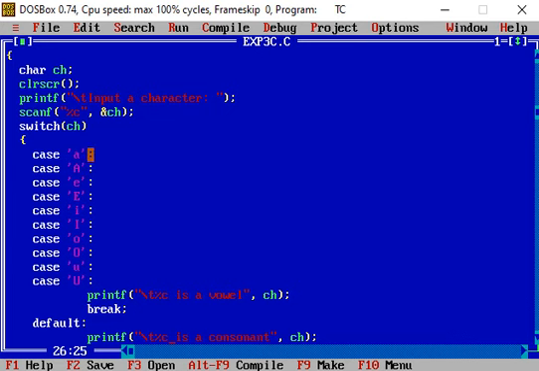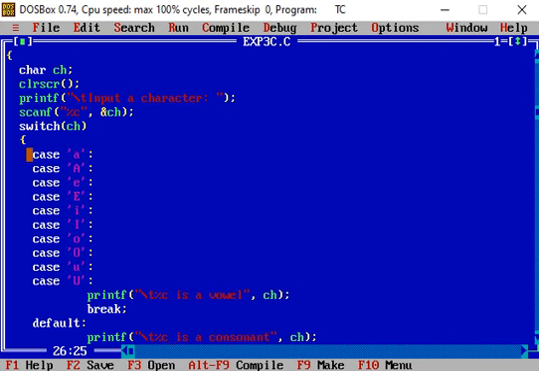After the colon nothing is written: in case A nothing is written, in case E nothing is written. If after the colon nothing is written and it is written only at the end of case U, it means that if any case is satisfied, then the printf statement is executed.